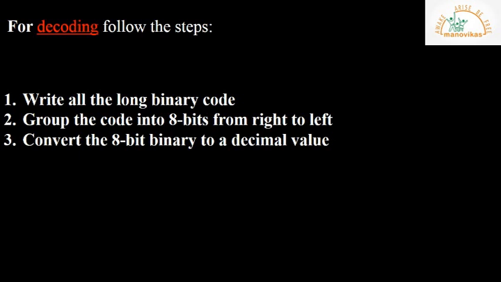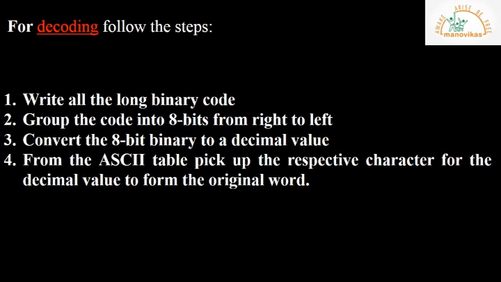Okay, so now after you convert, take the decimal value you have obtained and compare it on the chart which is shown to you, that is the ASCII value chart, and pick up the respective character which is given for the decimal value you have found. So when you find the respective character for each code, that will form a proper message. That is the decoded form of the binary code which is given to you. I'll explain with the help of a few examples.